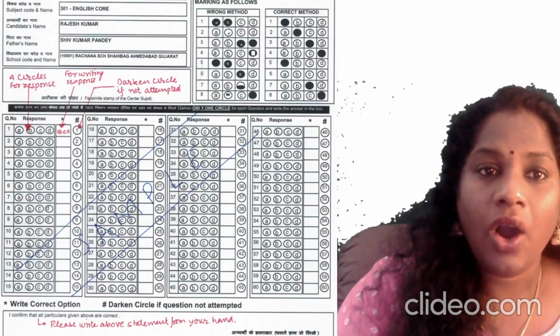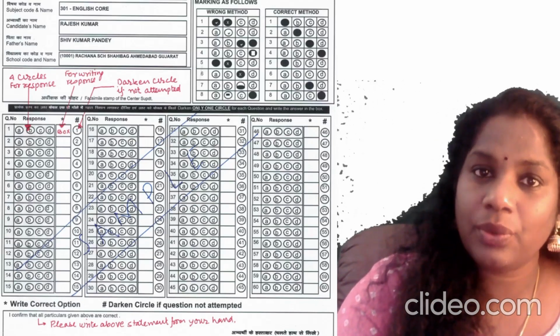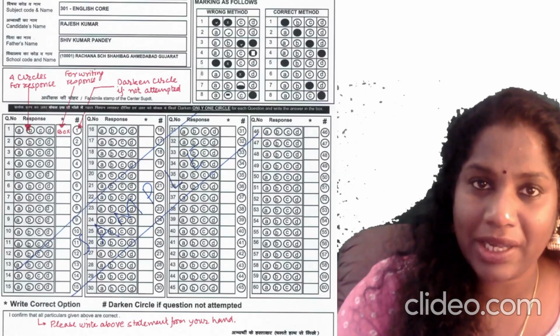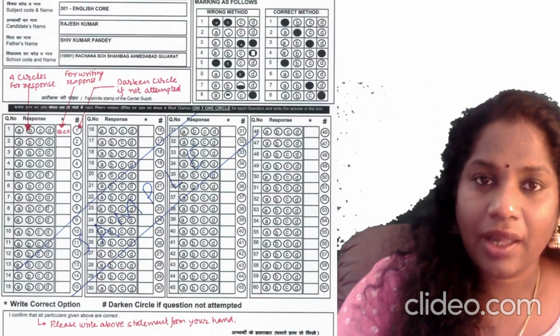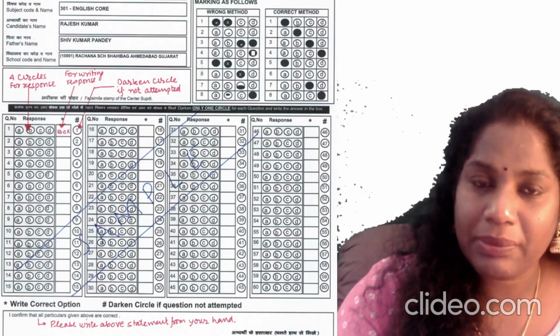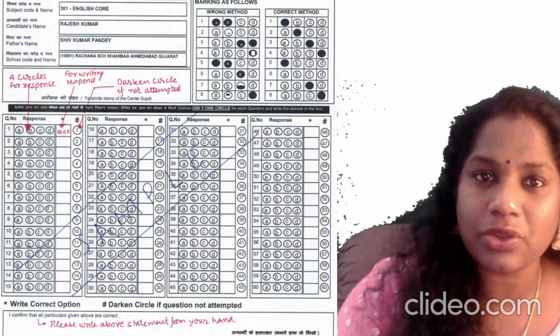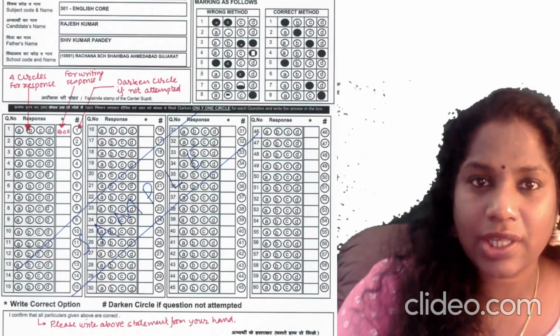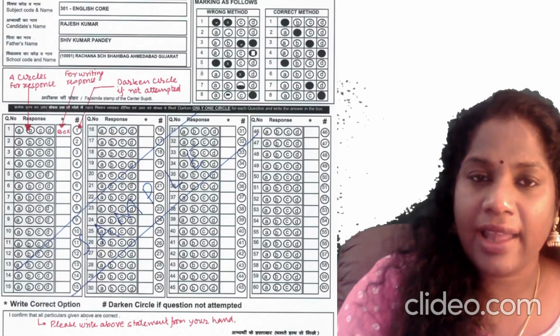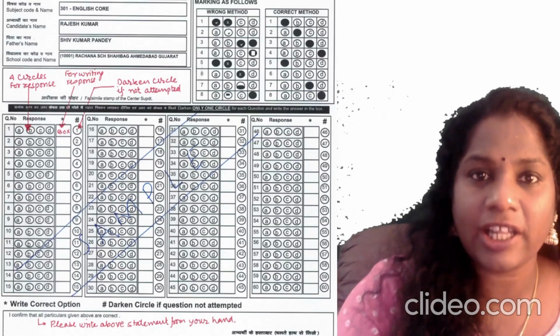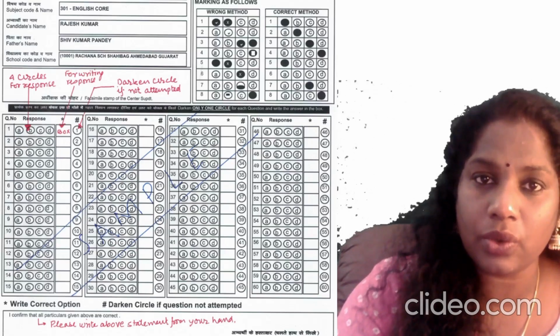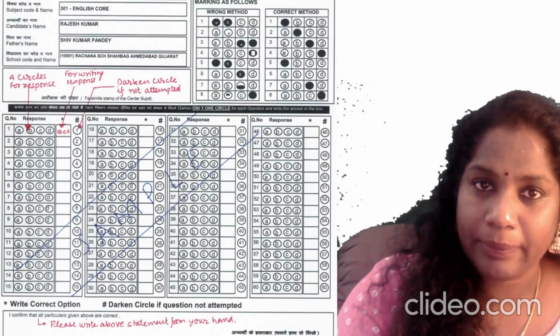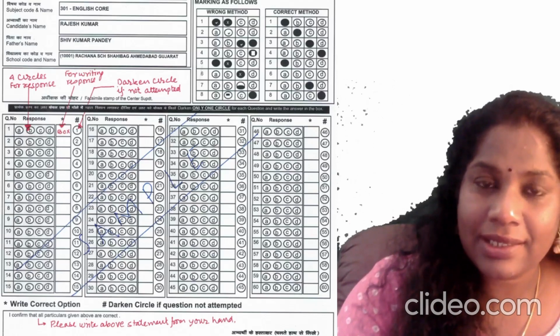First thing, all your vital information will come pre-filled in the OMR sheet that you receive. You will have to write the question paper code from the question paper that you receive on the top right corner. That you will get to know when you see the paper itself. Next, make sure that you use a black or blue color ballpoint pen. Don't go for a pencil, it is a strict no.